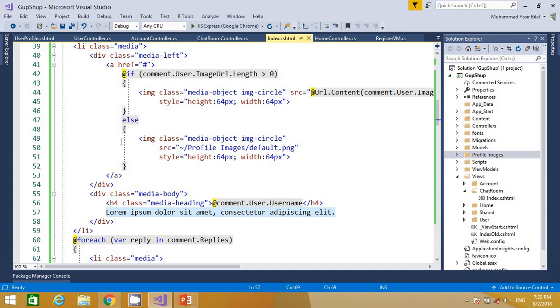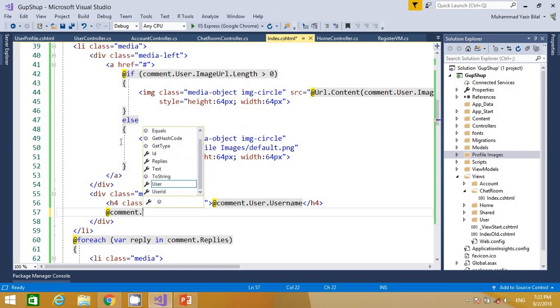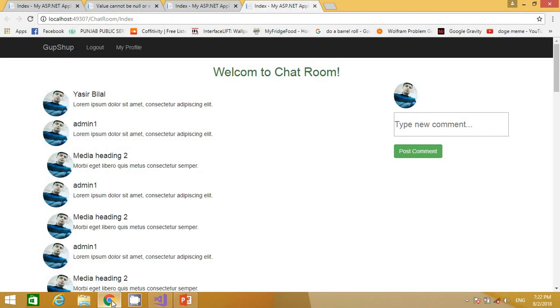So I just wrap it in some span tag, or you can altogether skip this step. You can use at comment dot text. So if I save and reload the page, you can see the actual comments are now showing up here, but